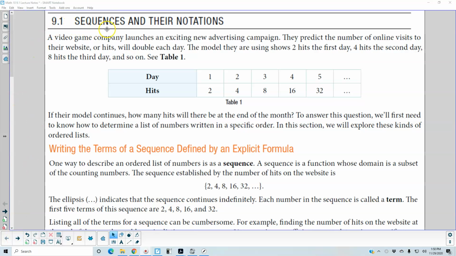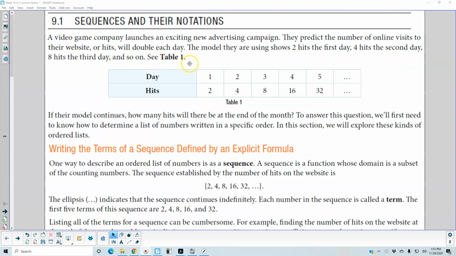Section 9.1, Sequences and their notations. A video game company launches an exciting new advertising campaign. They predict the number of online visits to their website, or hits, will double each day. The model they are using shows 2 hits the first day, 4 hits the second day, 8 hits the third